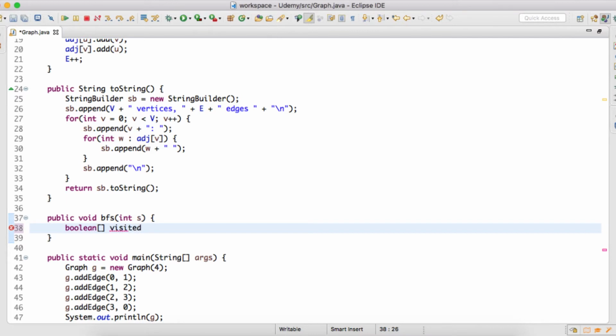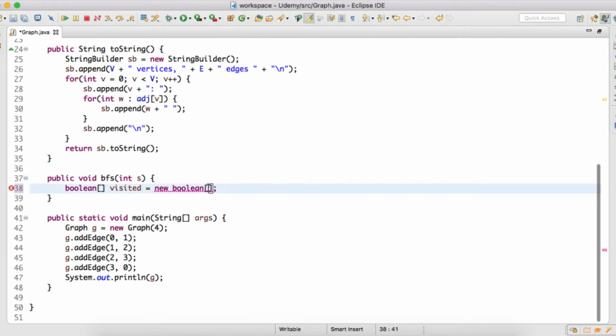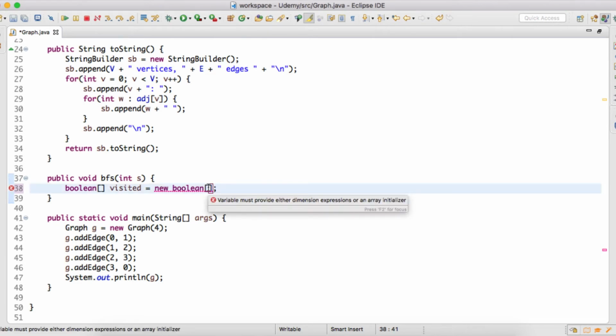I'll give the name as visited. In this graph we are storing the number of vertices in the instance variable v, so the size of this boolean array would be v.